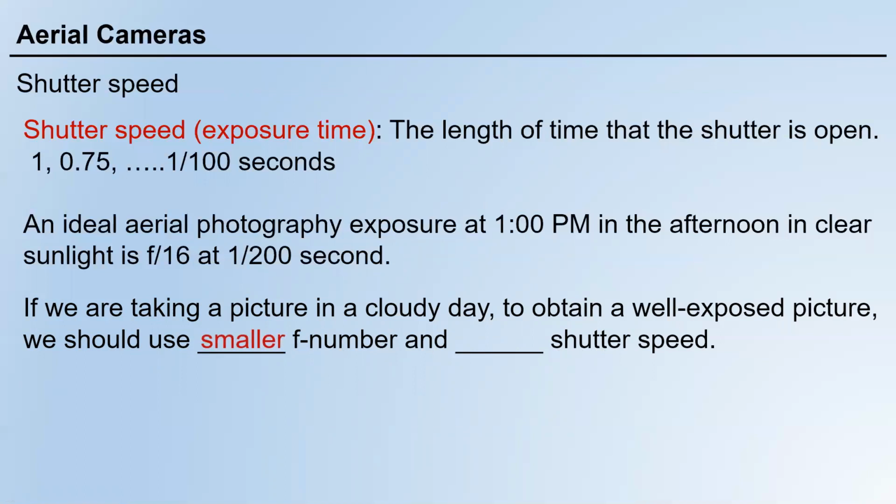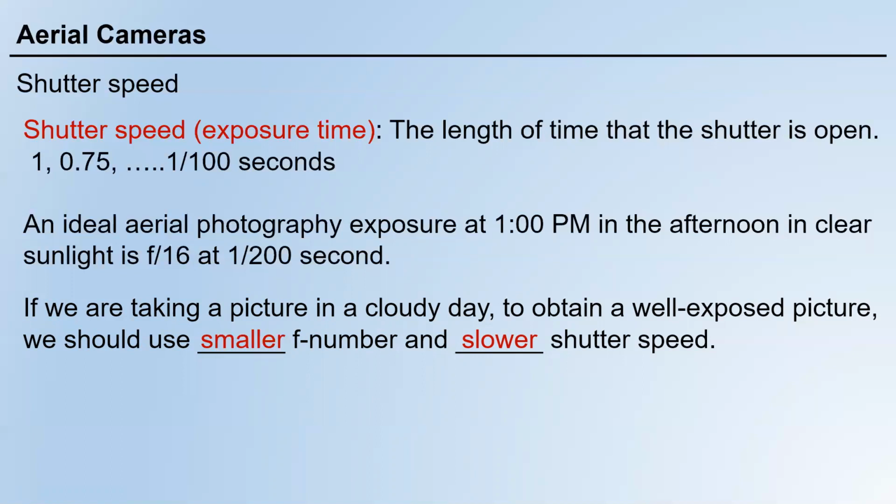We should use a smaller f number because, again, f number and the diameter of the aperture are inversely proportional, right? So if the f number is small, the d value, the diameter of the aperture, should be large. That's what we want, because the weather is bad and the light is not enough. So you want to make sure that the aperture is large enough to admit more light. So bad weather, smaller f number, which means larger d value, more light. And another way to increase the amount of light is what? Is to use slower shutter speed,